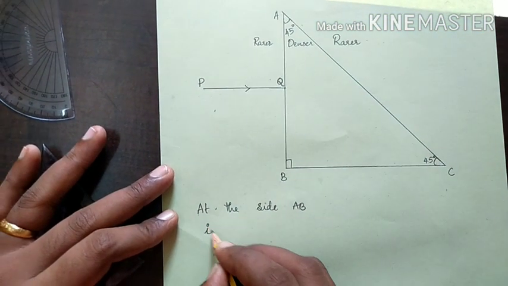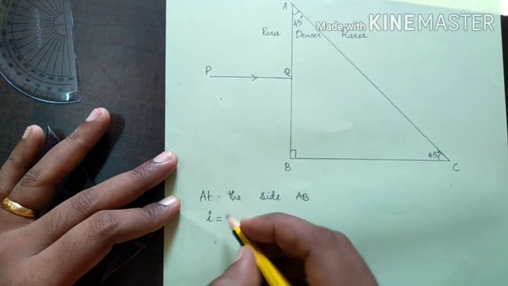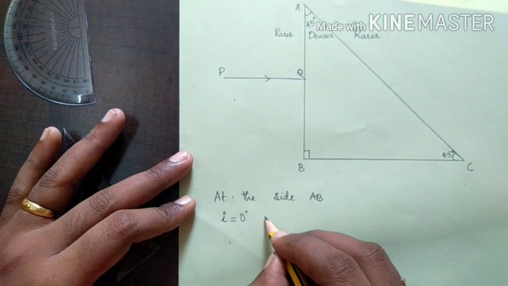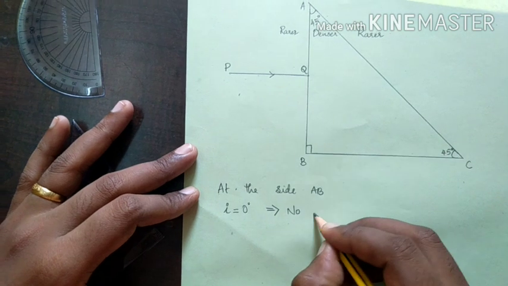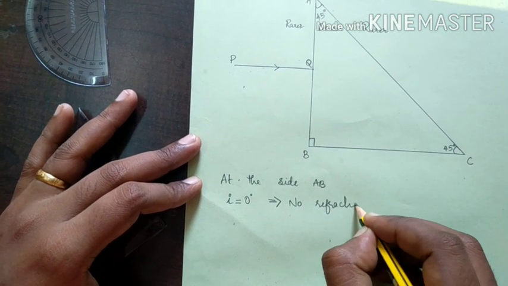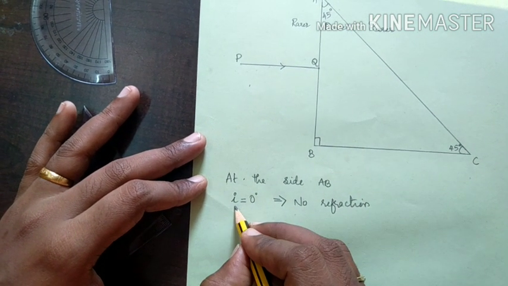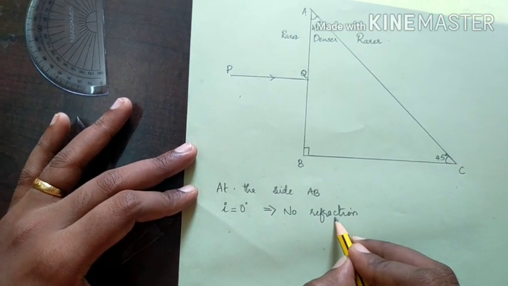That means what will be the value of angle of incidence at the side AB? I is equal to 0 degree. And what happens to the light ray? No deviation or no refraction takes place. Okay, so at the side AB, due to angle of incidence I equal to 0, no refraction takes place,